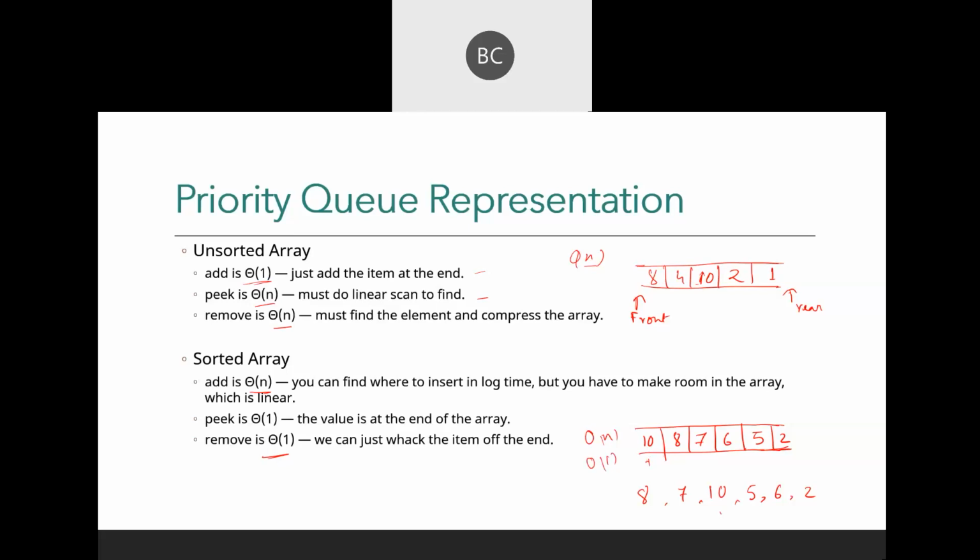So that's the complexity when you implement a priority queue using an array, unsorted array or sorted array. This one clear?